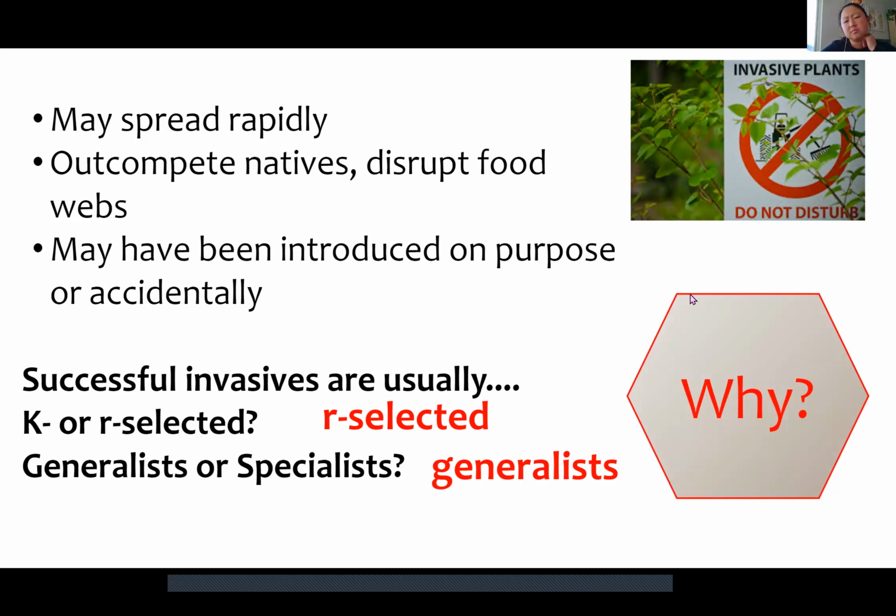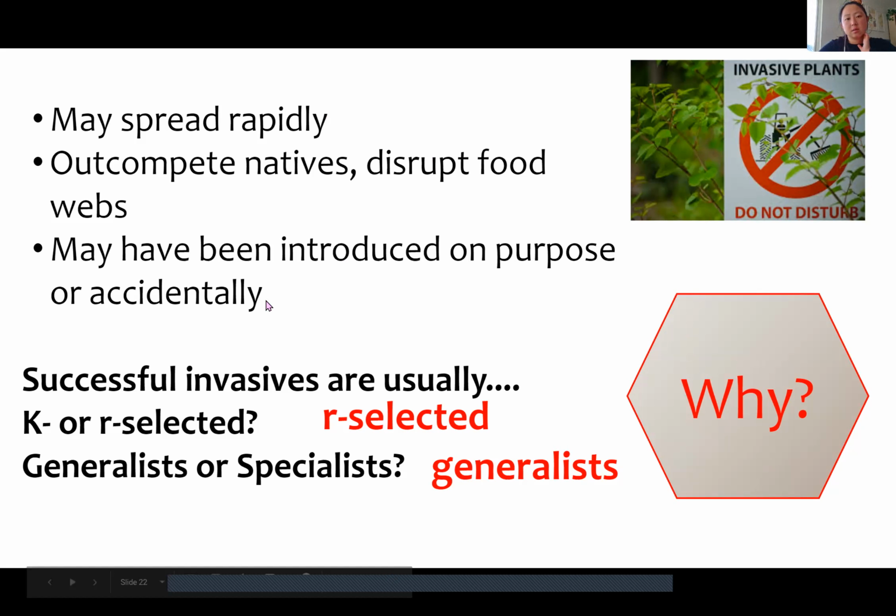And then, why? The question of why is that r selected species can produce a lot of offspring and don't really have to take care of their offspring, right? And then generalist means you can survive off of a lot of different things, and usually specialist species' survivorship is very precarious because they have such specific